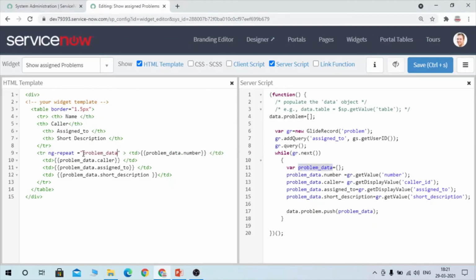What we are doing is data.problem. Okay, so here what we have done is we have made this loop to run until we get all the records, right? Save it.